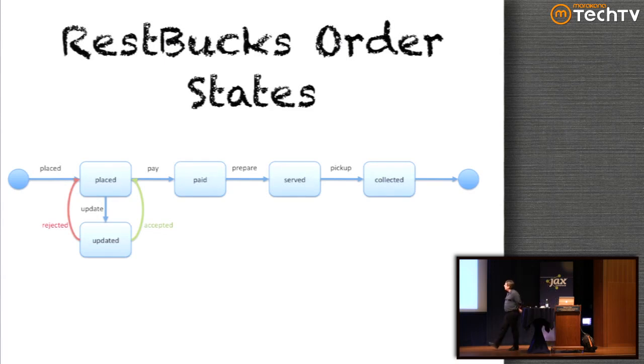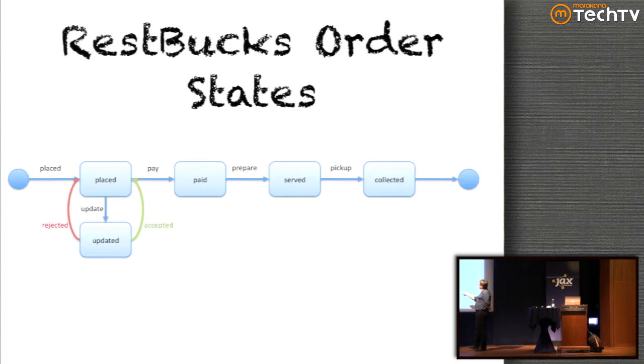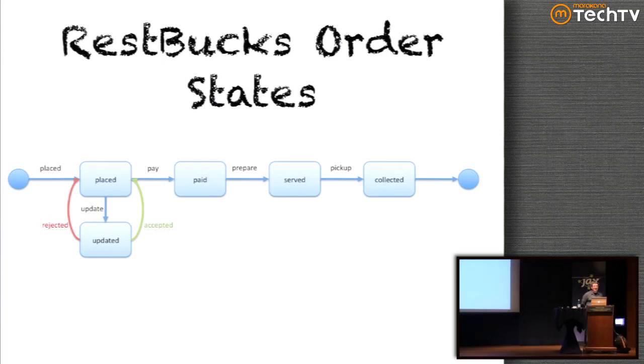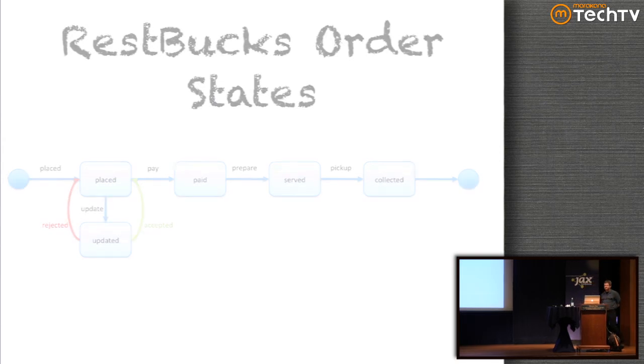And here are some of the interactions that they have defined in the Restbucks world, where you can place an order, you can update that order after a certain amount of time, you can pay for it, and you can pick it up, etc. You'll notice that that looks like a state machine. That's actually really common in a lot of RESTful systems, is that you're building state machines and modeling states, because resources move from one state to another state. So that's a very comfortable abstraction on top of resources.